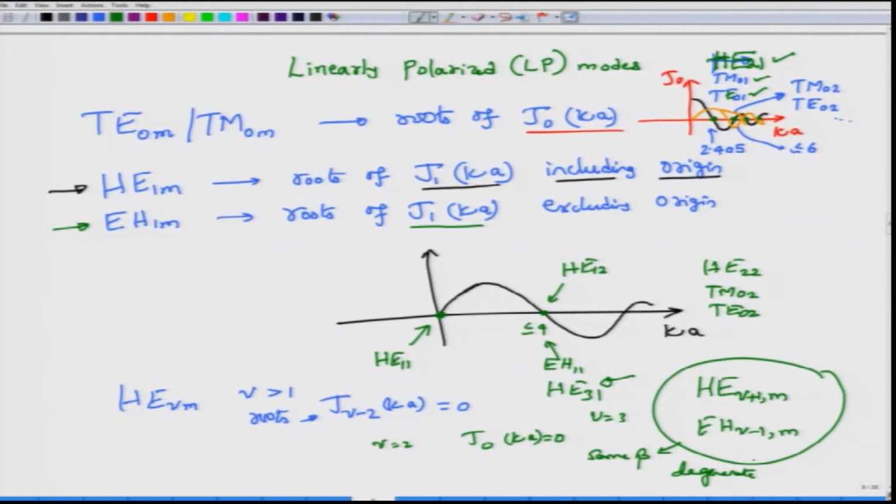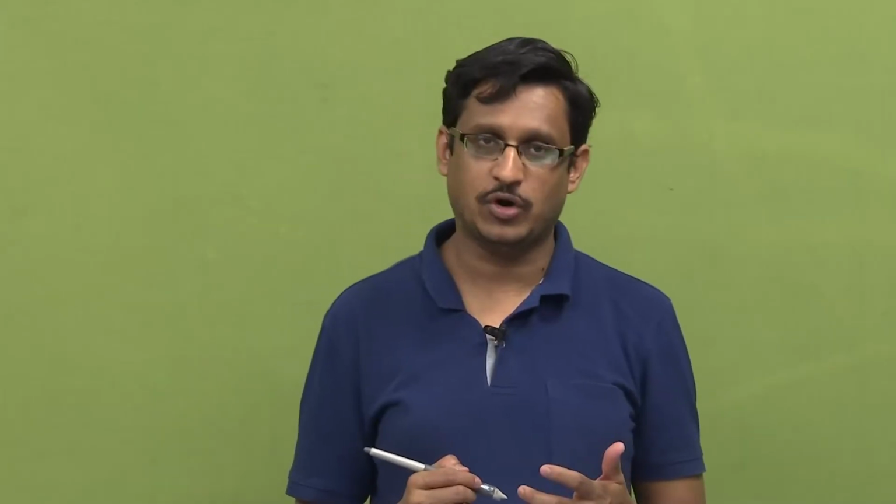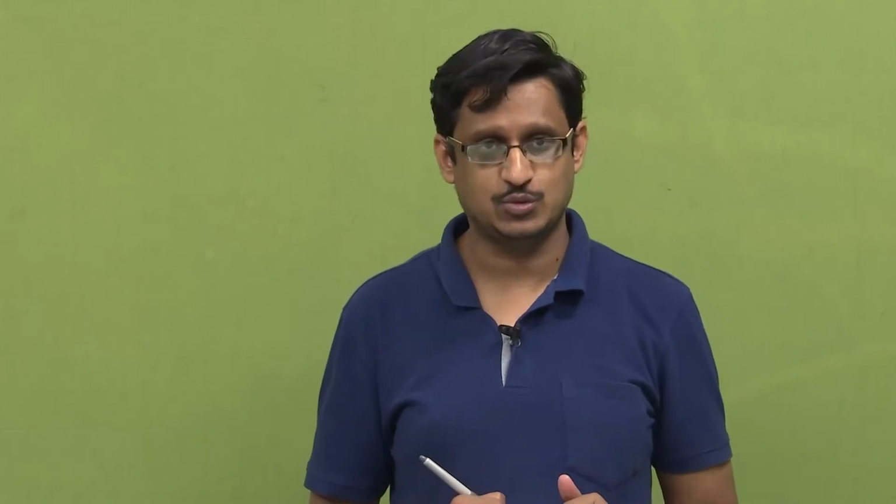Okay. And it is by combining these degenerate modes that we can land up in what are called linearly polarized modes. So, what are these linearly polarized modes? Well, I have mentioned to you that the true solution will give you these modes, whatever the different modes that we talked about until now, but those modes are actually quite complex to visualize, and in fact, if you change the profile a little bit, then the modes become very complex. Most importantly, they also have non-zero values of Ez and Hz.